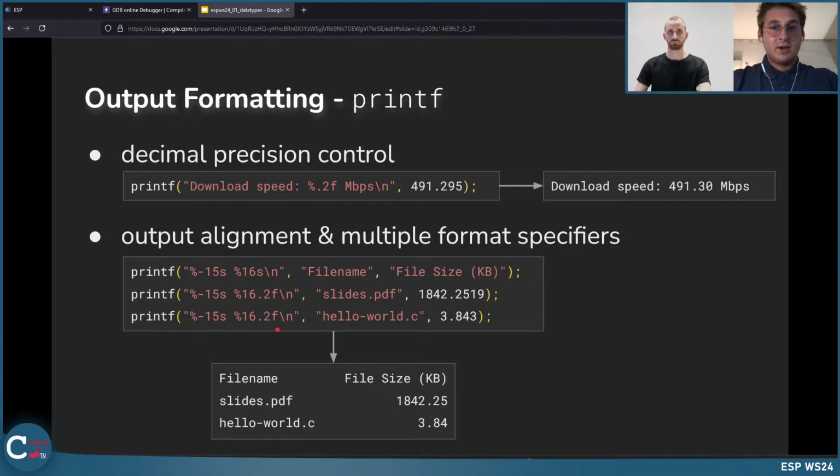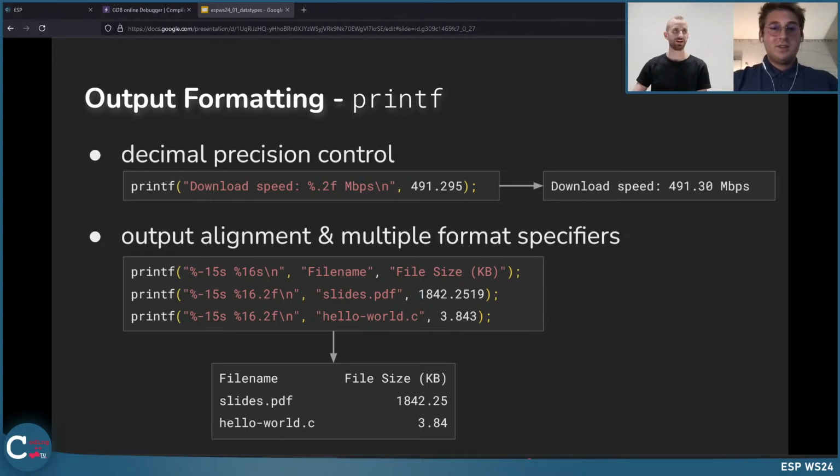And in this case, we can also use a negative number to have a space to the right and a positive number to have a space to the left. So the remaining characters that are not used by the variable are then filled by spaces, in the first case to the right, and in the second case to the left. So that's the most important information about printf. It's again like the operators, like a trial and error, and it's just learning by doing.